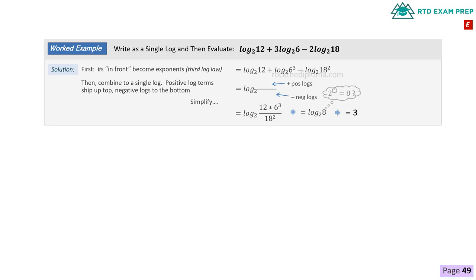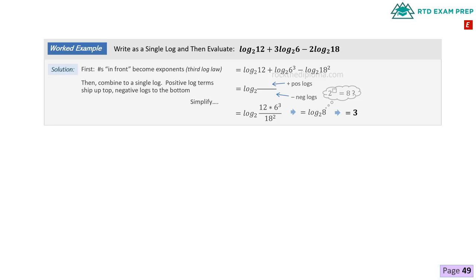Sometimes a problem will require us to make use of multiple logarithmic laws. Here we see an expression with three terms. Two of them have coefficients, so first we'll have to raise those coefficients as powers. Then, because some of the terms are positive and some are negative, we'll have to use both the product law and the quotient law. Notice that the 3 in front of the log base 2 of 6 becomes the exponent